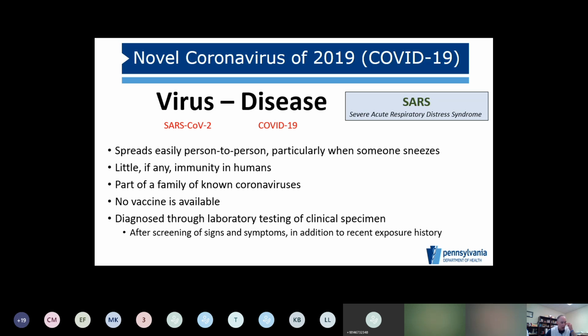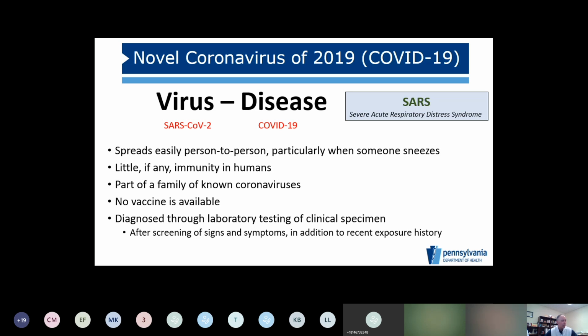It's got an R naught of, it depends on who you talk to, I guess somewhere between 2.2 and 2.6, indicating that every infectious person will infect between 2.2 and 2.6 individuals, which is relatively contagious on the continuum of diseases. Certainly more so than